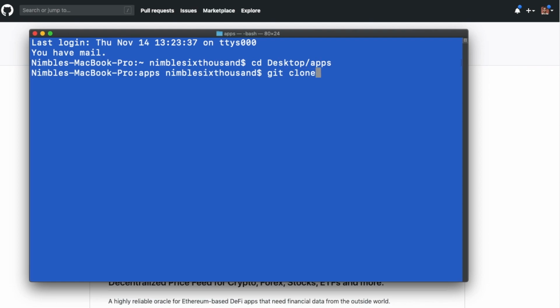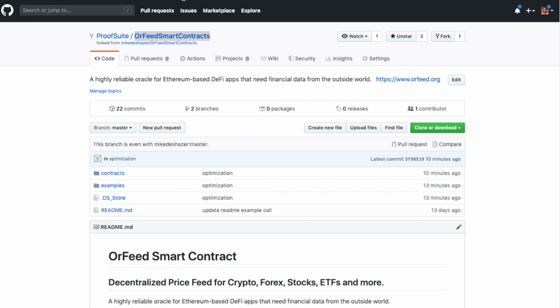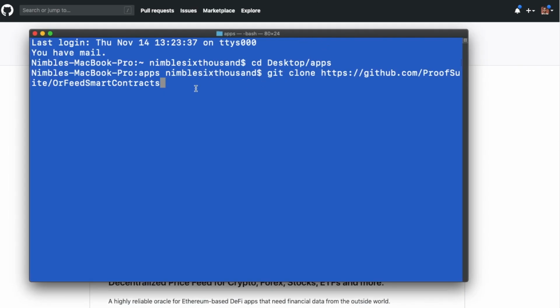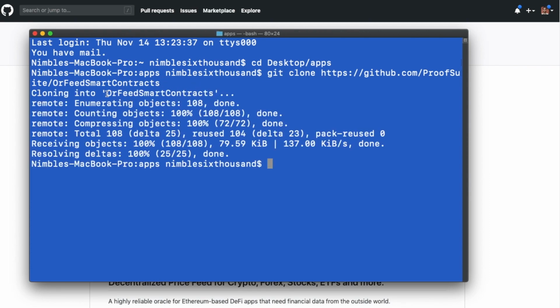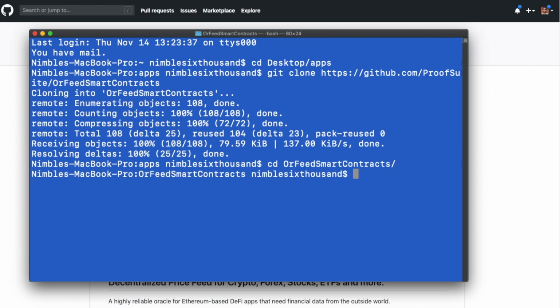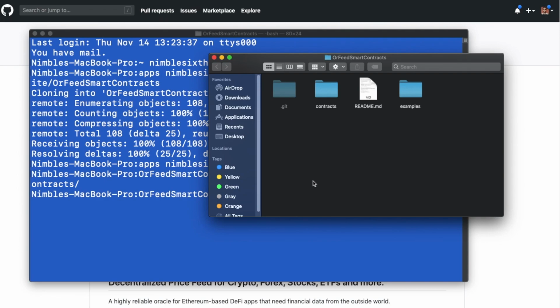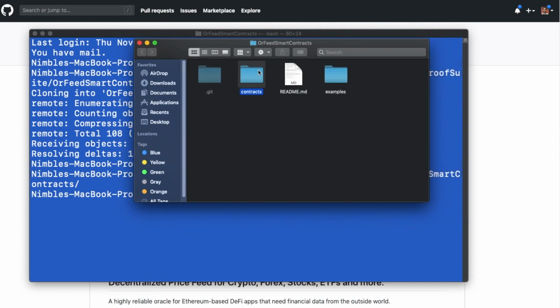And you're going to do a git. Now, if you don't have git and you're going to be working with this stuff, you'll need to download that. But you're going to write git clone. This allows me, and I'm going to paste in the URL for OrFeed smart contracts. Okay? So I'm going to push enter, and it's going to create a directory called OrFeed smart contracts. So I can switch to that directory by saying cd OrFeed smart contracts. And now I'm in that directory. I can now click open, and this is where I am now. So we have our smart contracts, and then we have examples. Examples is where we're going to put in the future more node examples for doing things. The first one is just our basic node example. So we're going to be looking at that.